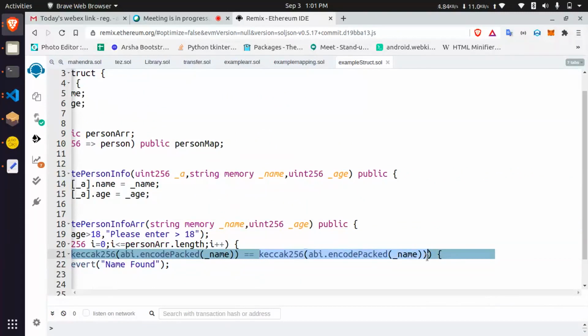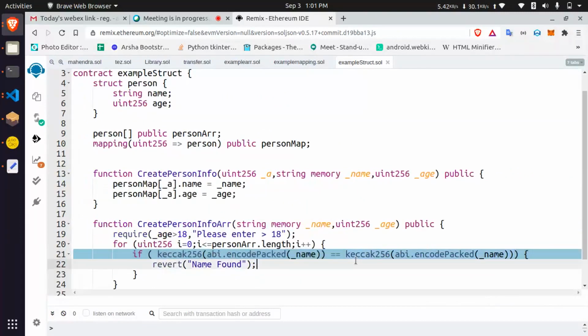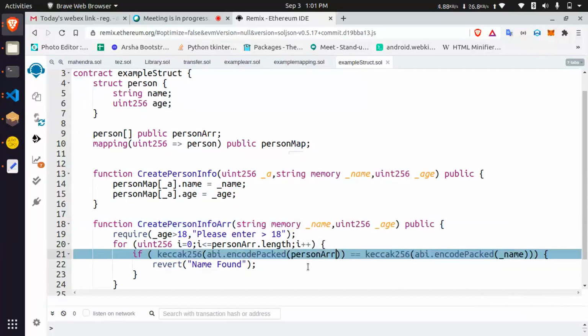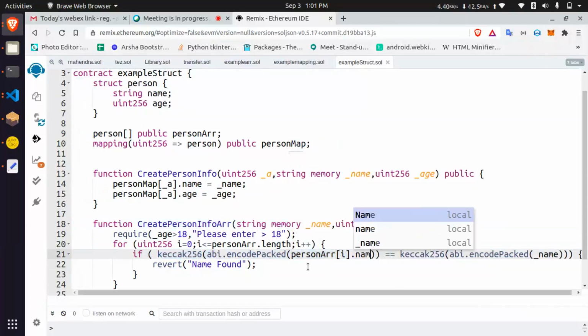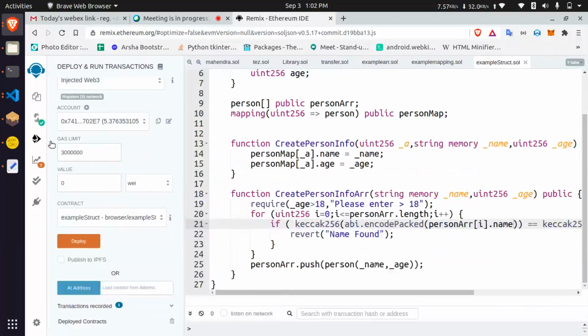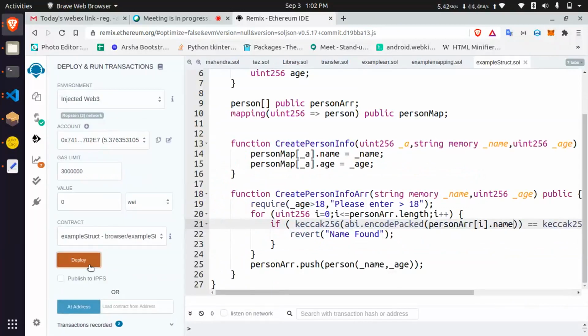So both are 32 bytes fixed length. So we can compare it. That we need to mark as person array of index dot name. Okay, this is perfect, and then yeah, we move to deploy.